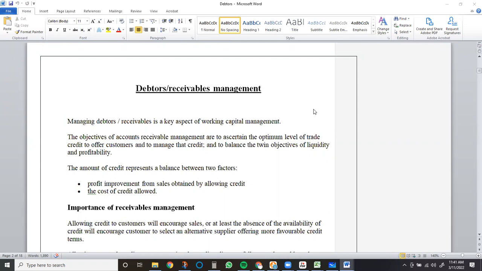And then in the last class and part of today's class, we started looking at the different elements of working capital and completed an examination of inventory management. Now, working on the list, we've got debtors management, receivables. Then after this, we've got cash management, and then the management of trade creditors. So just as there are specific ratios and calculations which can be applied when doing inventory management,